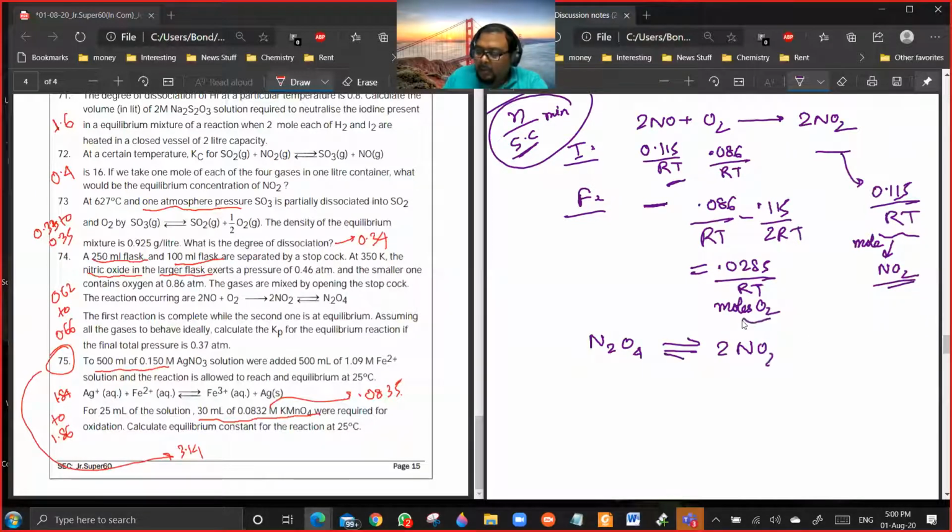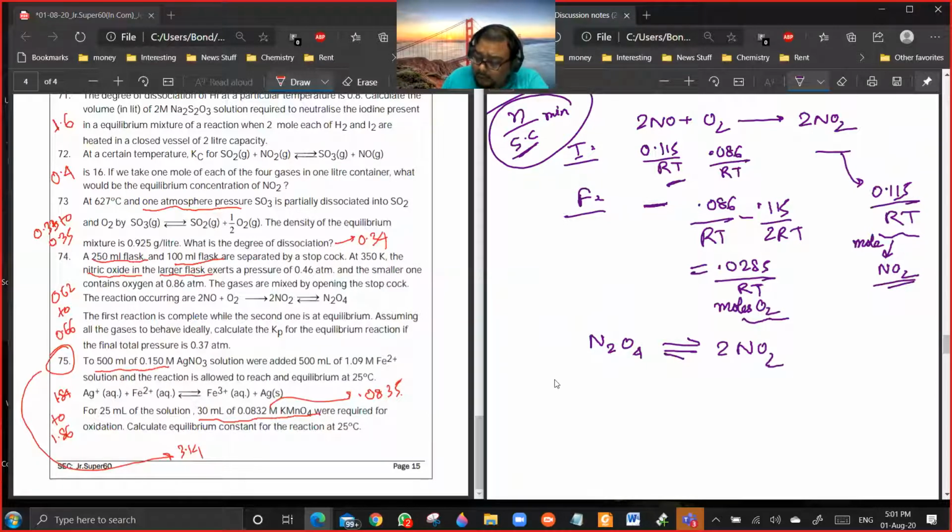For this equilibrium, O2 is an unreactive gas. It is not a part of the equilibrium. It is neither reacting with N2O4 nor with NO2. So it will exert its pressure, and its presence will only affect the